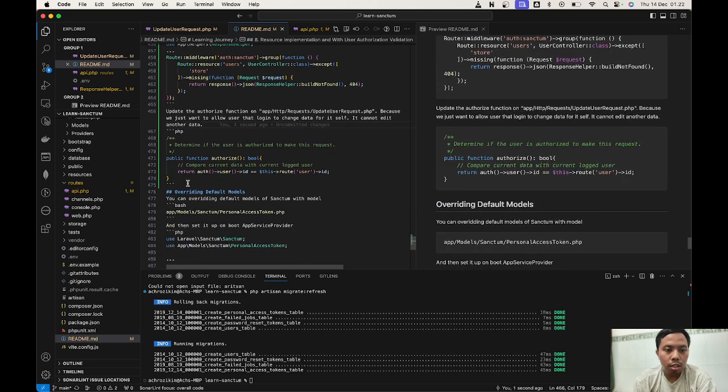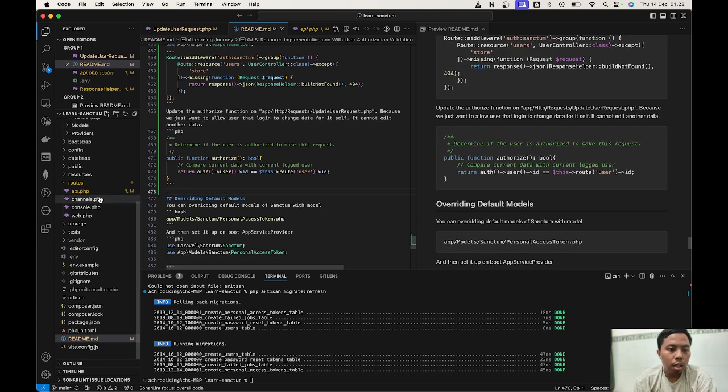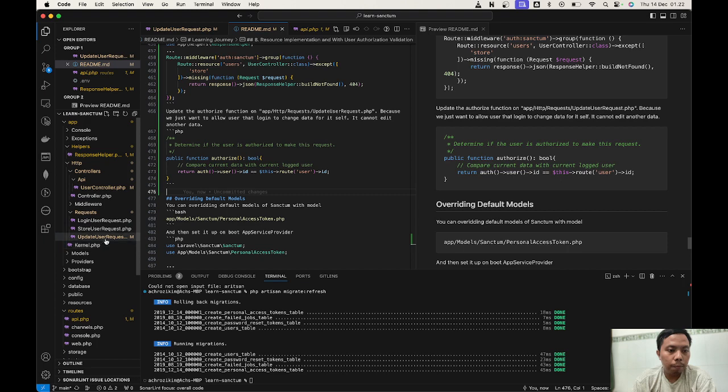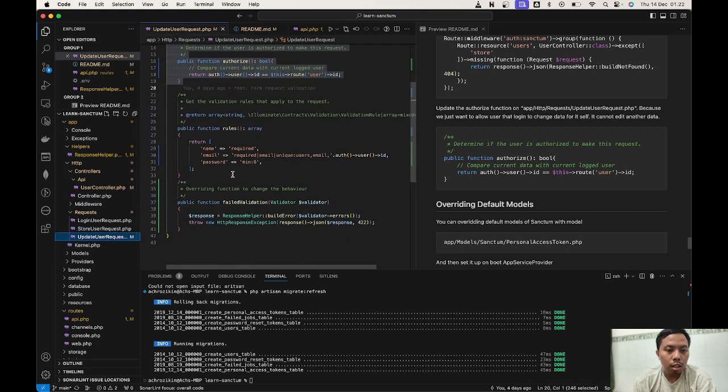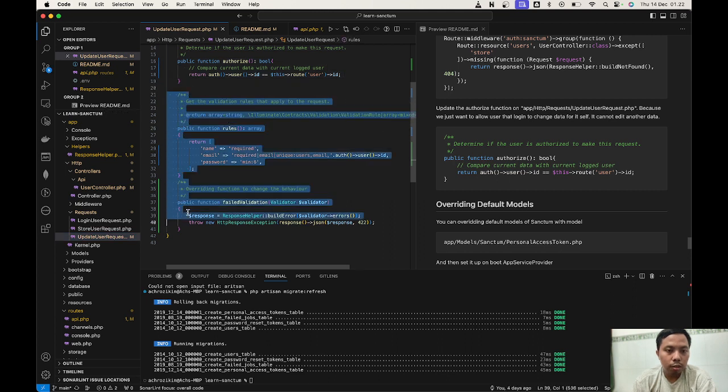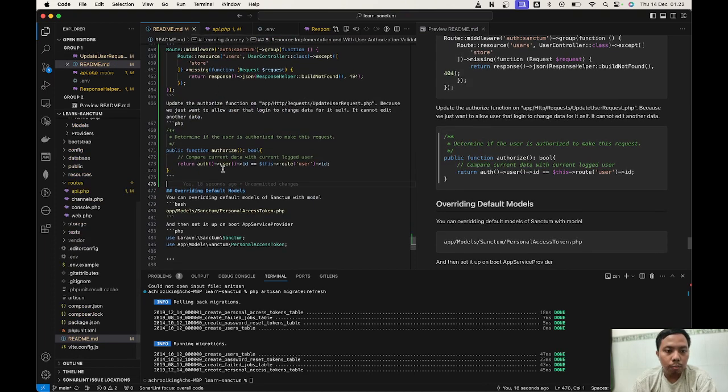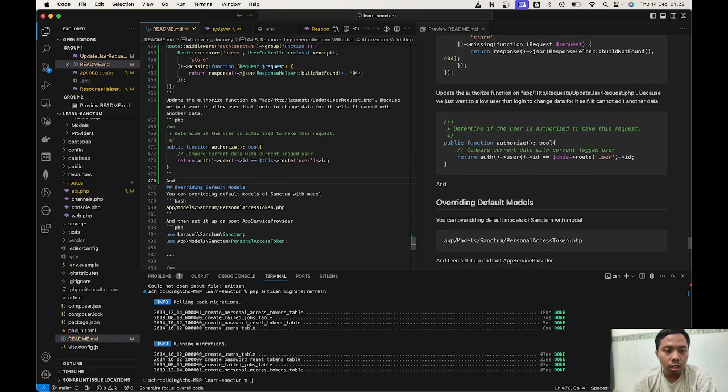After this one, let's continue. Let's add some rules in here. Okay, let's copy it. Where is the readme.md? Let's copy it and create rules for our update user request.